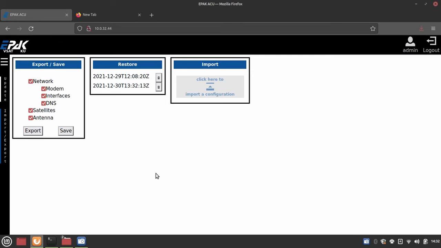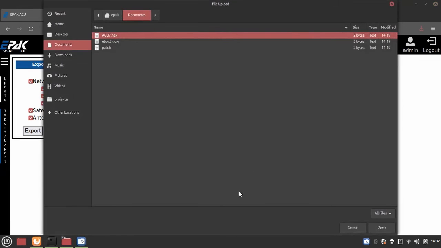Now to restore previously saved settings from the ACU, you simply use the Restore option. Alternatively, if you have a file with old settings saved on your PC, you can upload this via the Import tab. So, I will go with the Import option. I will select the file,